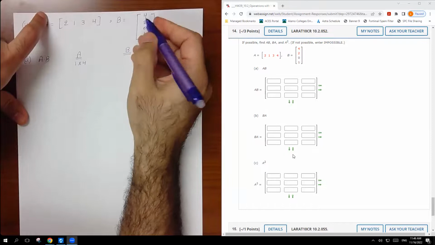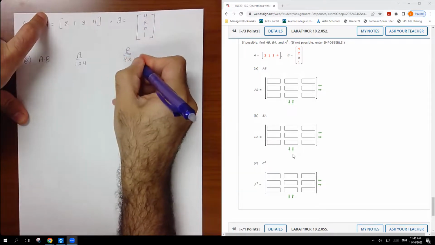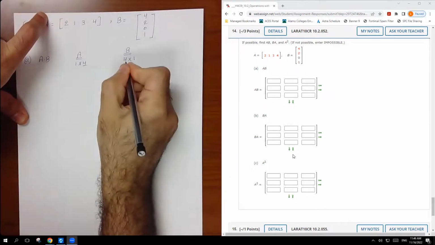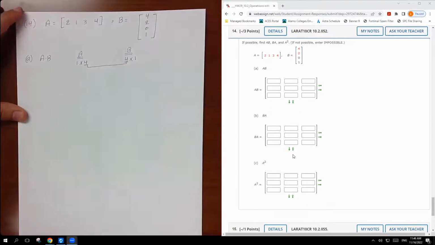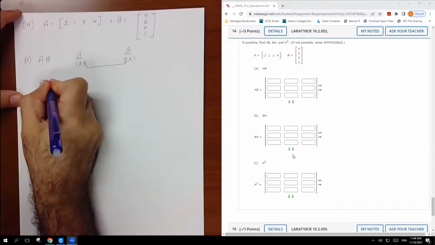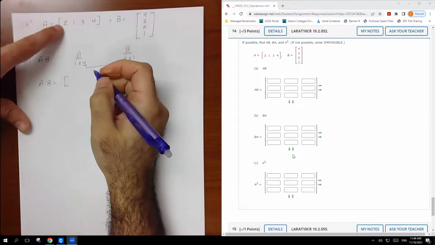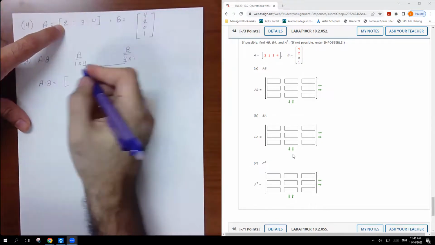How many rows? 1, 2, 3, 4. So 4 rows and 1 column. We have the same number. That means we can do the multiplication. So let's check how much the result is going to be. A times B is going to be the first row times the first column. So 2 times 4